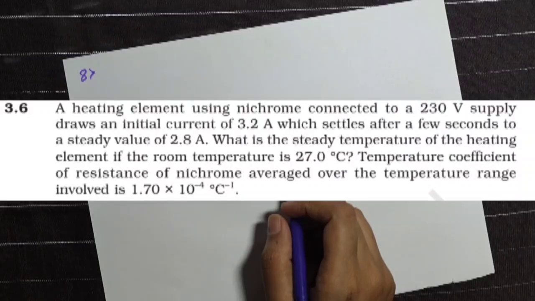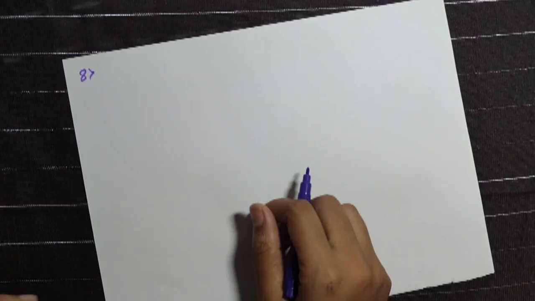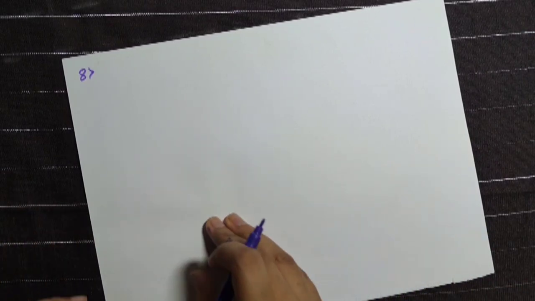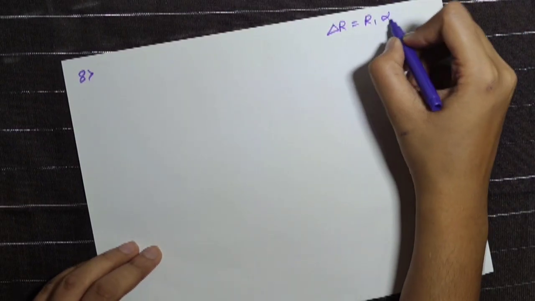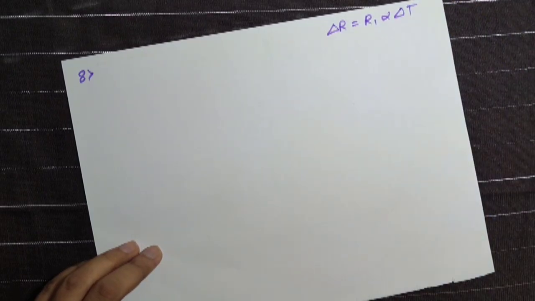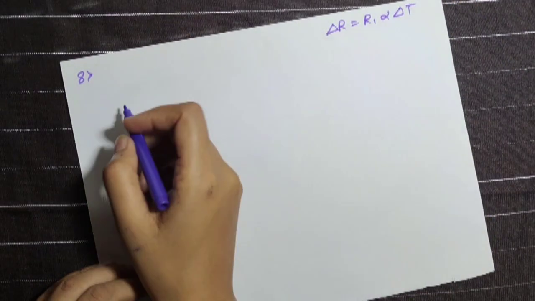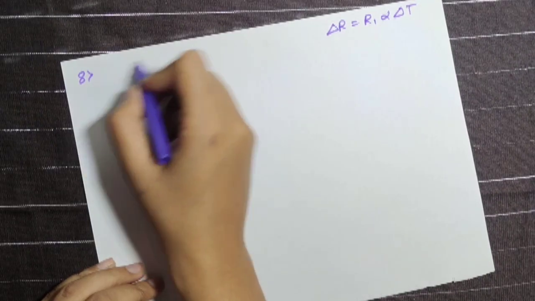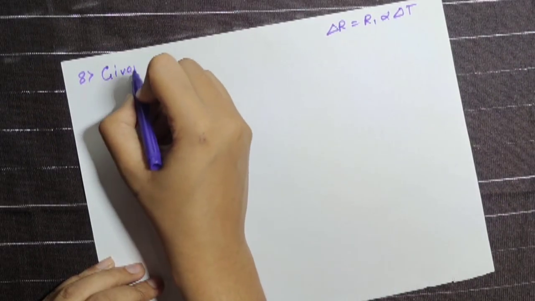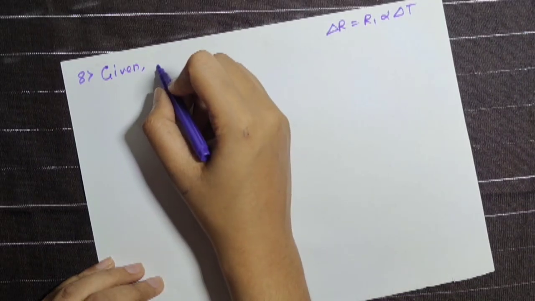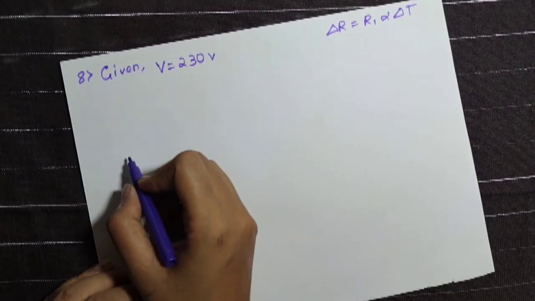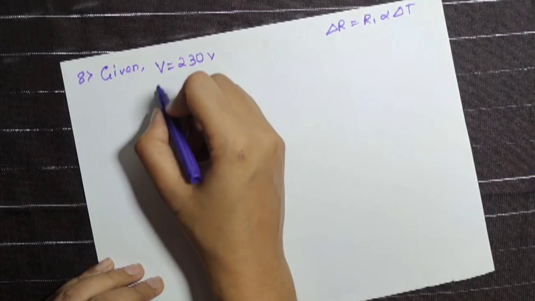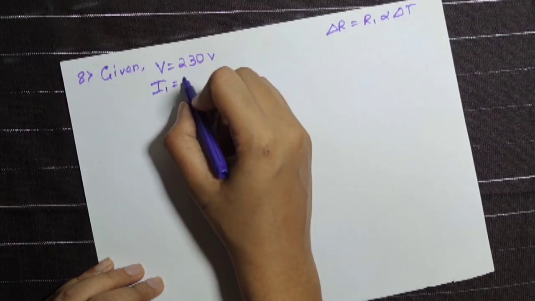See, wherever a temperature is mentioned, then you have to use the formula delta R is equal to R1 alpha delta T. Okay. So here they have given the voltage, that is the power supply, voltage, that is 230 volt, and they have given the initial current, that is I1 equal to 3.2 amps